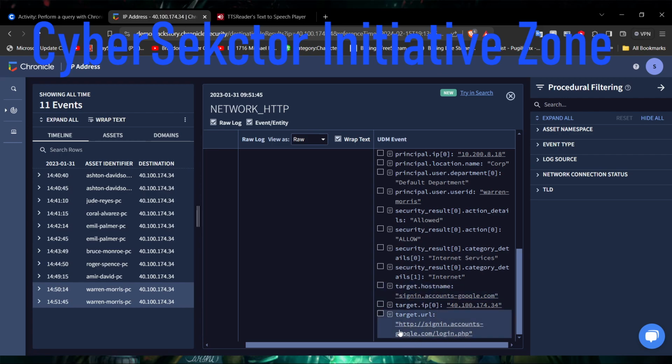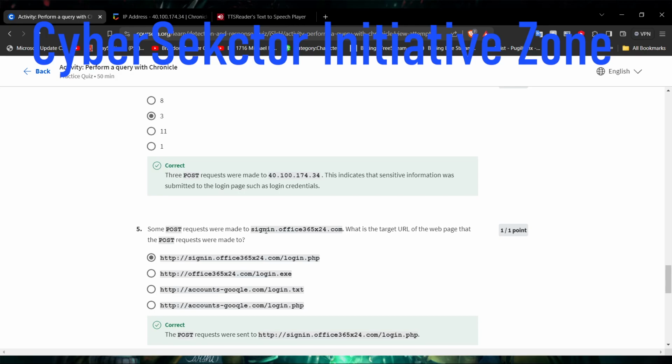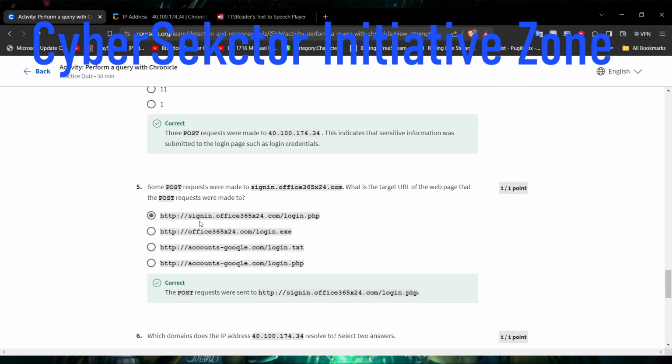It's just showing the same login activity for google.login.php, which is the malicious website that the activity was being routed back to. Some post requests were made to sign in. What was the target IP of the web page that it was being logged back into? It was being thrown into this one. So it was going to signin.office.365